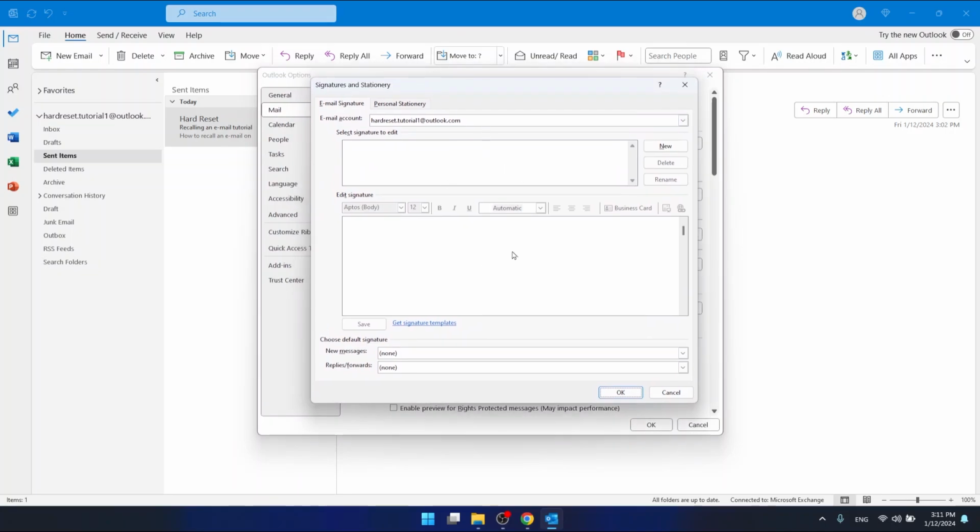options right here. You want to click New, and now you want to type a name for this specific signature that you're creating. So maybe for me it's going to be Signature 1. Okay, and then as you can see, you have selected the name of this signature, and now you can edit